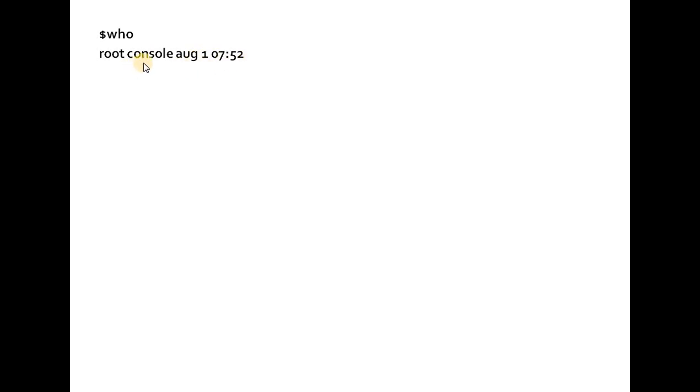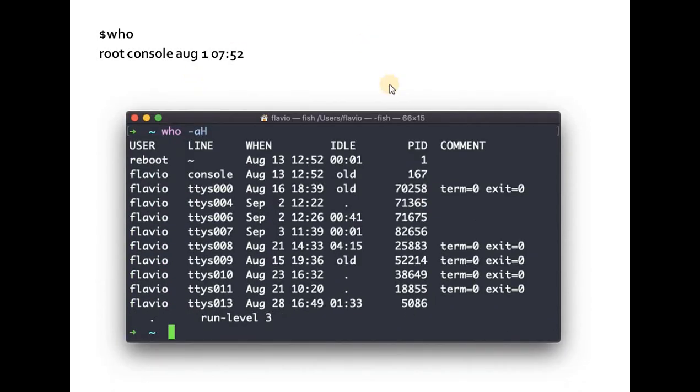The first column shows the username of the user currently working on the system. The second column shows the device name or the terminal of the respective machines. The third, fourth and fifth columns show the date and the time of the login. So such type of output you can see on the screen. If you are a superuser, you will be able to see the different terminals which have been logged in and the time, how much time they were idle, which processes they were executing, and so on.